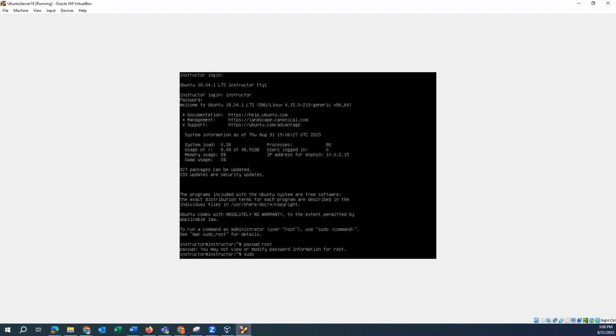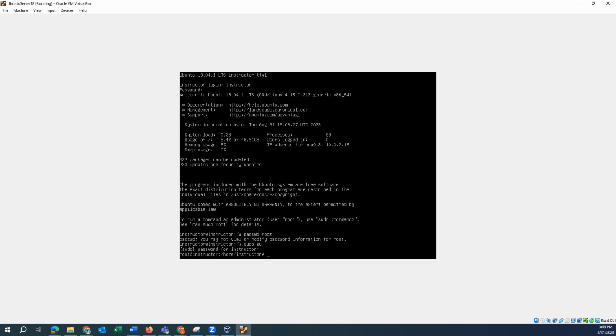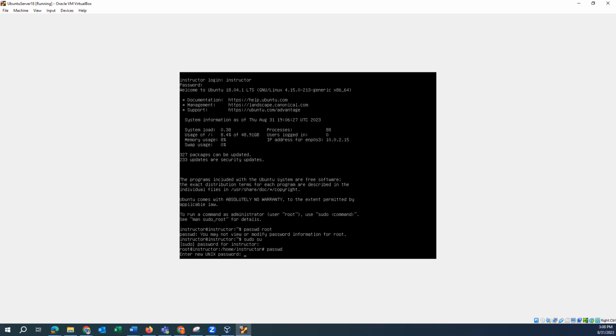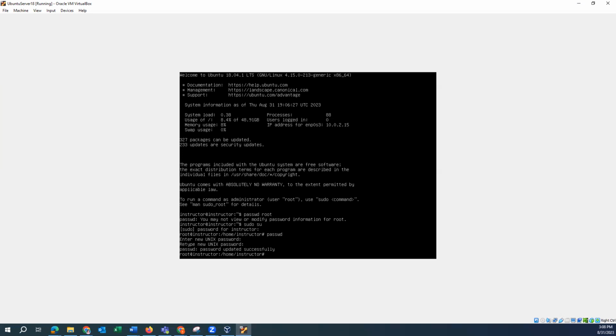Sudo su. Password. All right, so looks like we have changed the password for both the root. And so both these passwords are required and we have changed them correctly. So this concludes the installation for our